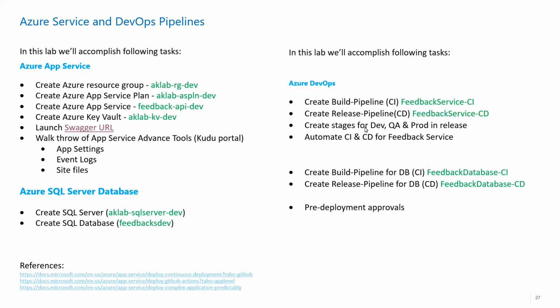Also creating the multiple stages of the service. If I want to deploy to dev, there will be a separate stage for dev, a separate stage for QA, and the same thing with production. And then how to actually enable the automation so that when I commit my code in the Git repo, the code is going to be published all the way to Azure. That's the goal of this video, and also covering Azure DevOps for the database.